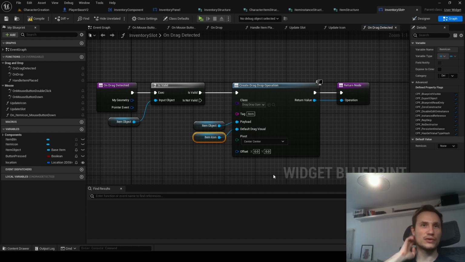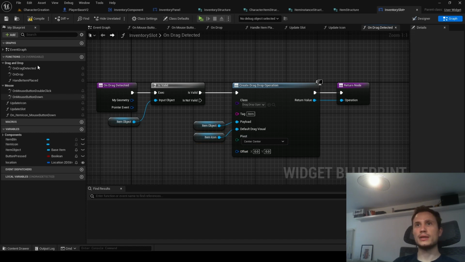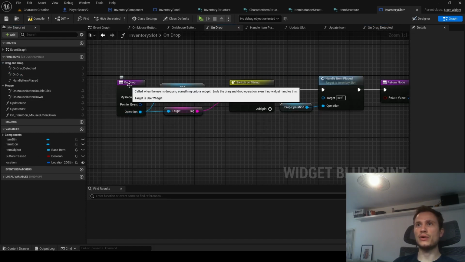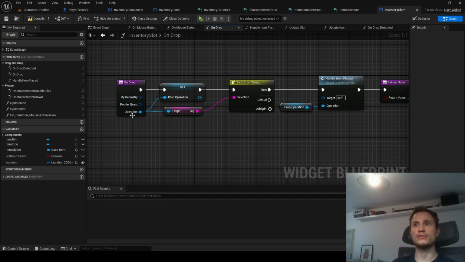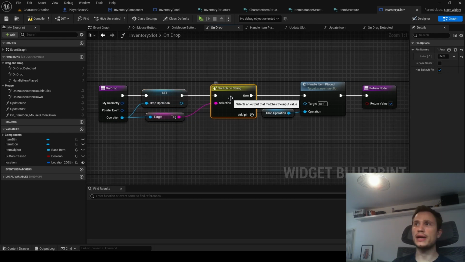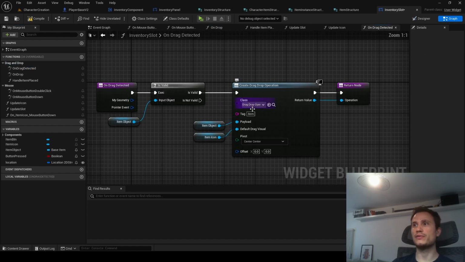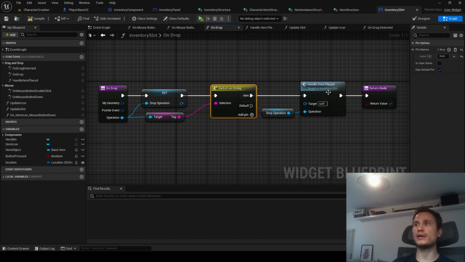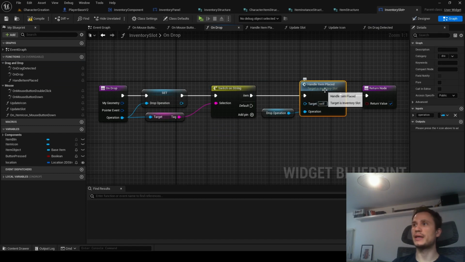This will create the default drag visual, and now the next thing that we have to do is implement on drop. Okay, so let's look inside here. So on drop, we're going to get a reference of this operation that we've just created. So I'm just going to put it into a variable, and I'm going to check the tag. At the moment, I only have the one tag that I want to process. So it's a tag for item, right? So you saw this referenced over here, right? So inside this tag, if it's equal to item, I'm going to go ahead and execute this function, which